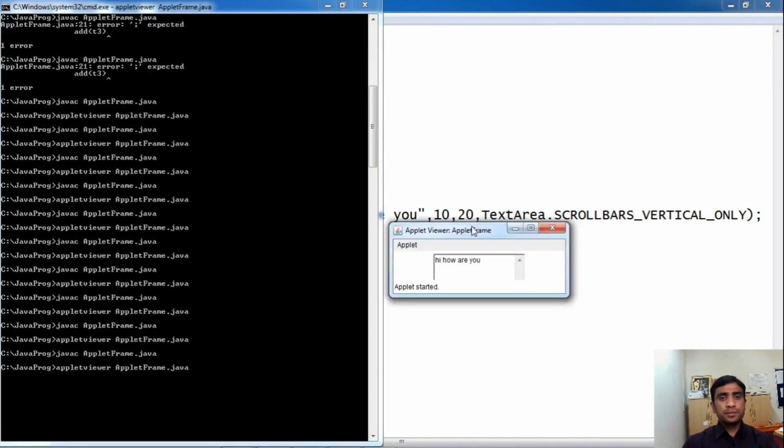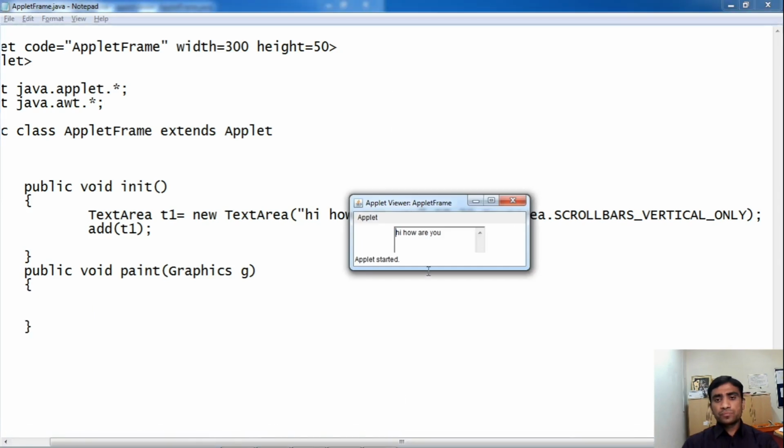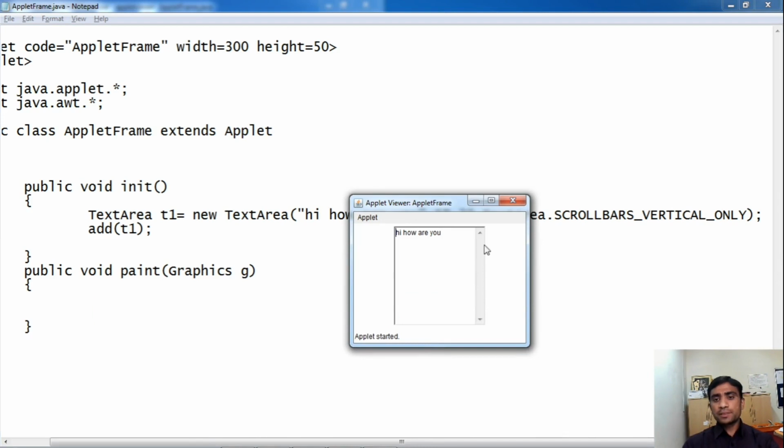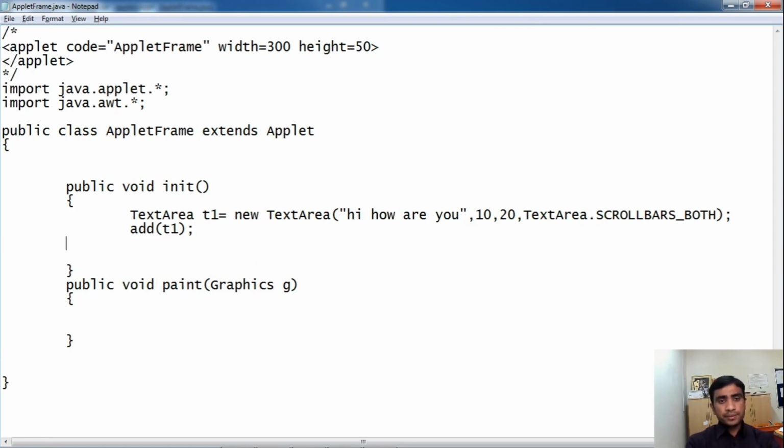Now you can see here in this applet only the vertical scroll bar is available. Now let us use methods. Now I will make here scroll bars to both, BOTH, Control S.